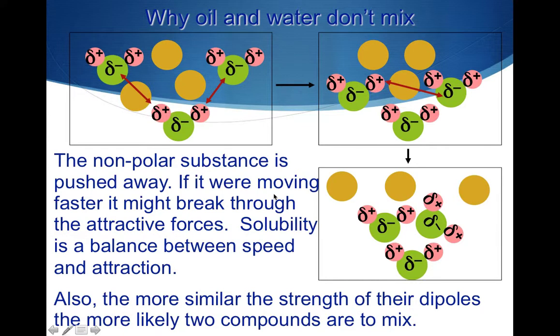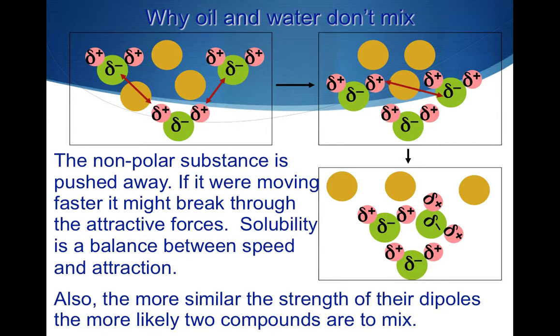So to think about why things do dissolve, it's sometimes useful to start by thinking about the opposite, why oil and water don't dissolve. So if you take oil and water and you mix them together and you give it a good stir, you can make some separation between them. And you can make them sort of look like they've mixed, but if you leave it, they're going to separate